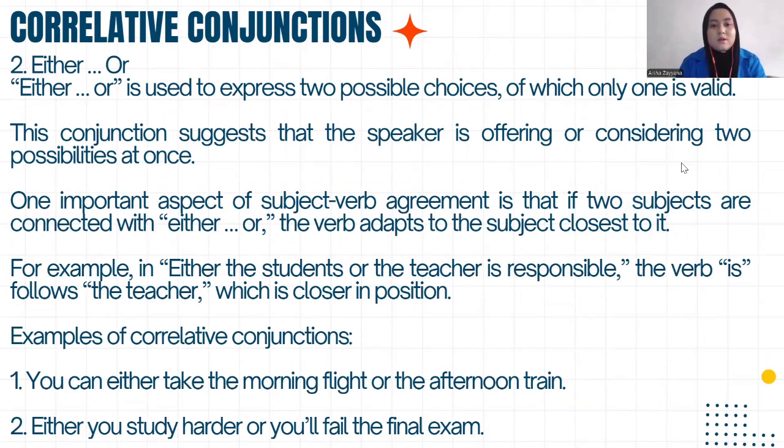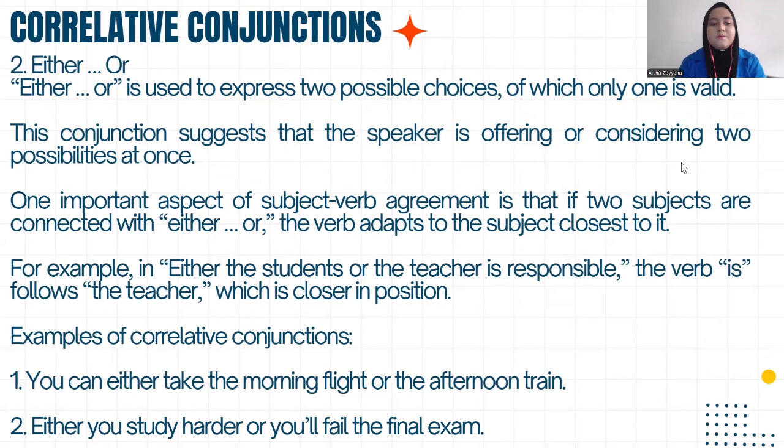One important aspect of subject-verb agreement is that if two subjects are connected with either or, the verb adapts to the subject closest to it. For example, in either the students or the teacher is responsible, the verb is follows the teacher, which is closer